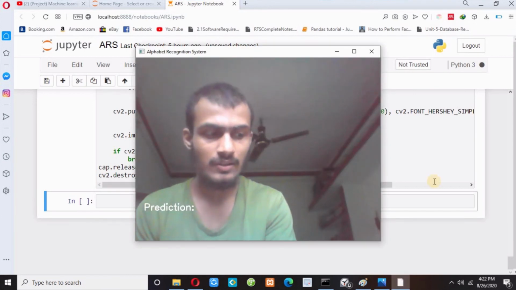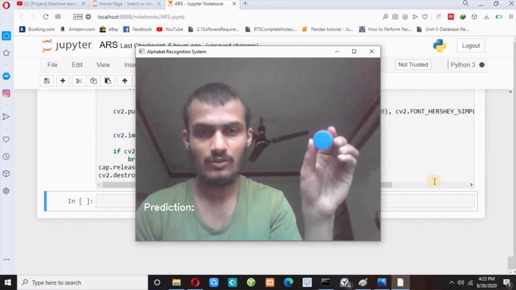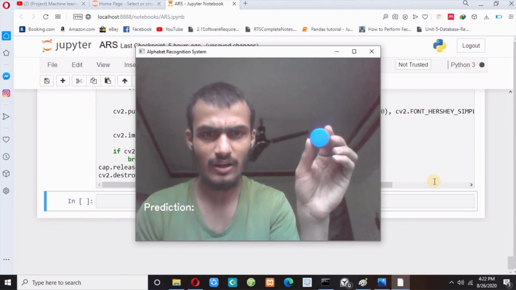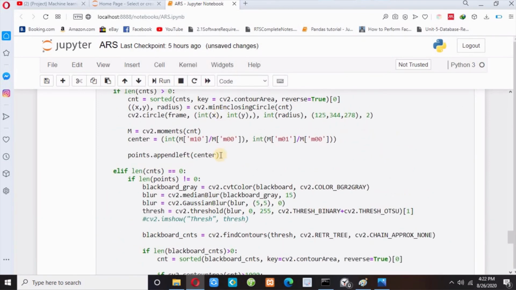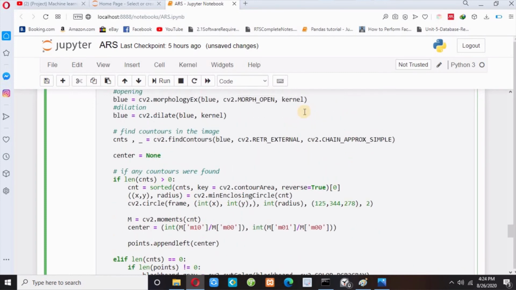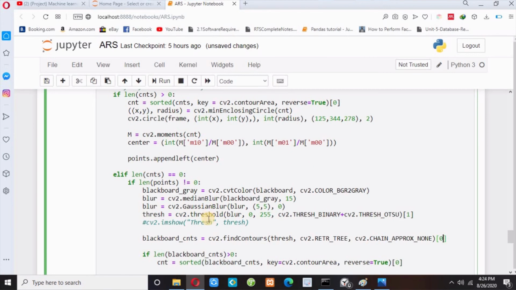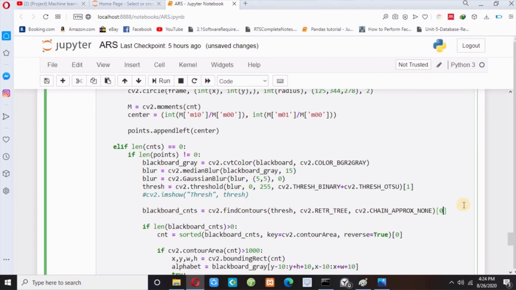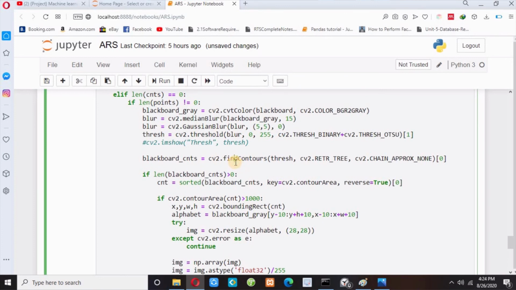Now guys, if I draw an A, okay, it is still not writing. Let me close this and let me check once again. Okay, I need to pass a 0 index here. So here, like this, we need only cnts. Similarly, we need only the blackboard contour, so we can pass a 0 index over here. Now let me execute this cell once again.